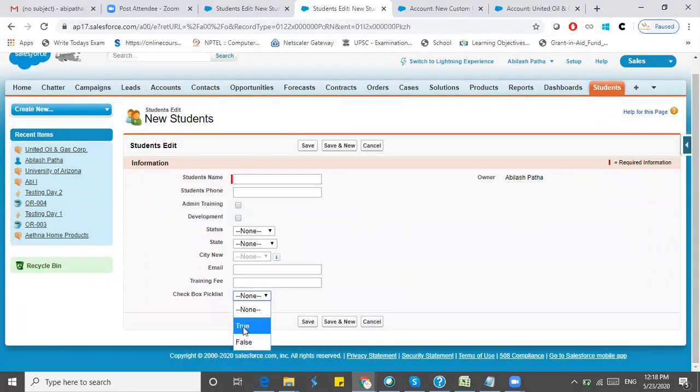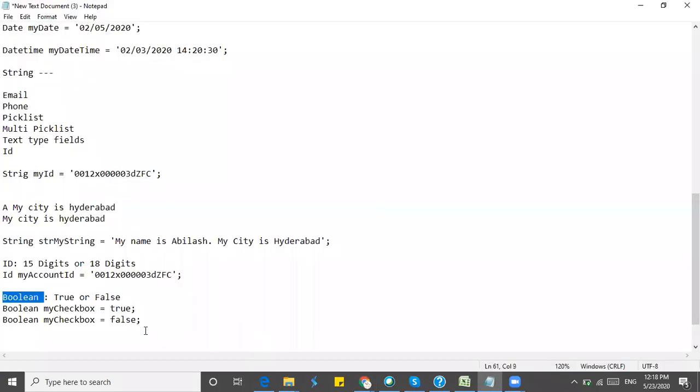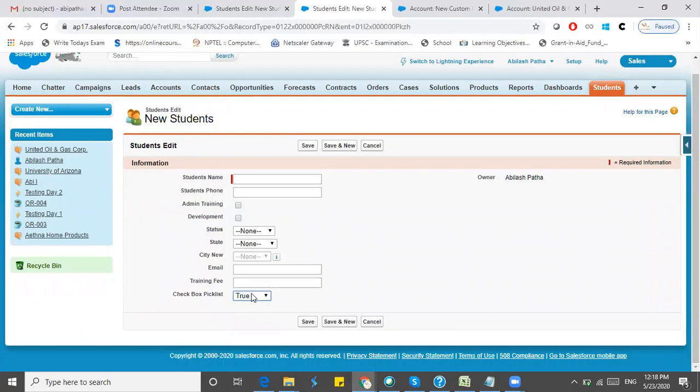If I get this pick list value, true, and want to assign it to a Boolean, I still cannot, because a pick list value can be assigned only to a string. Even if the value is true, we cannot give it to Boolean. We can give it only to string.